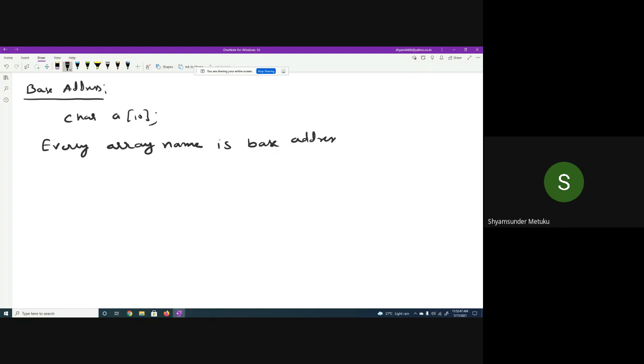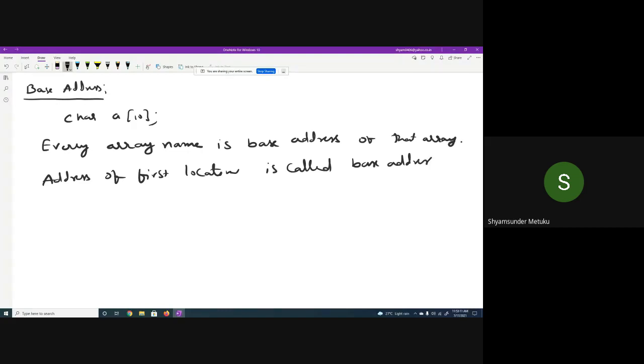So don't forget this: the base address of whatever array you declare. The address of the first location is called the base address of the array. In other words, if the array name is A, then the base address is also A.